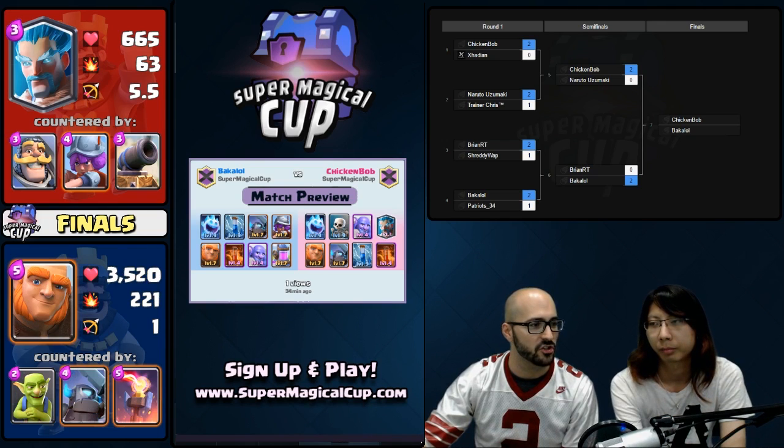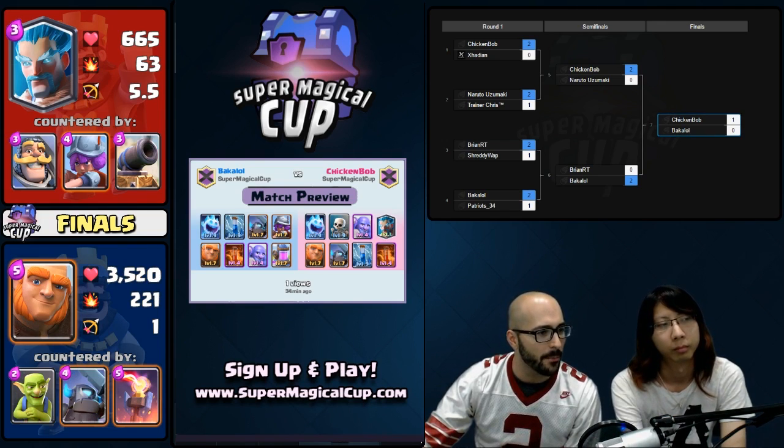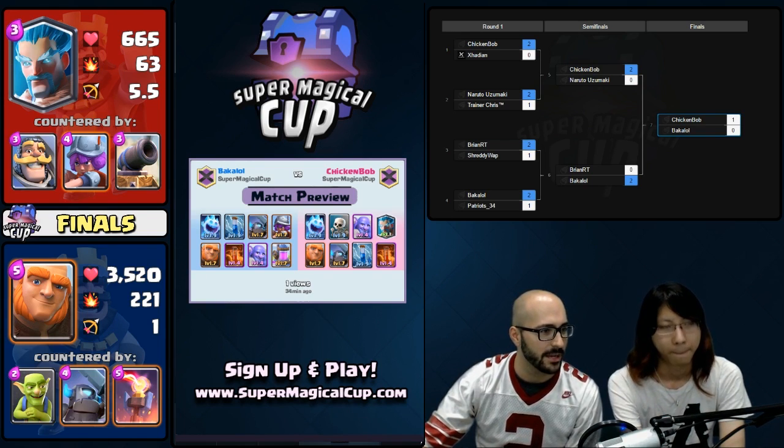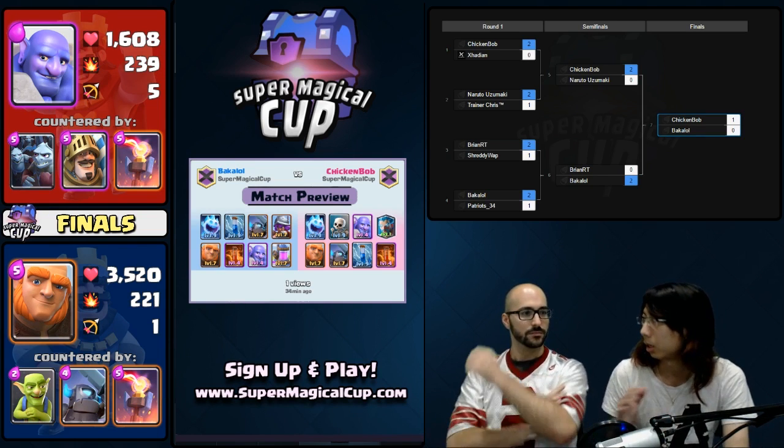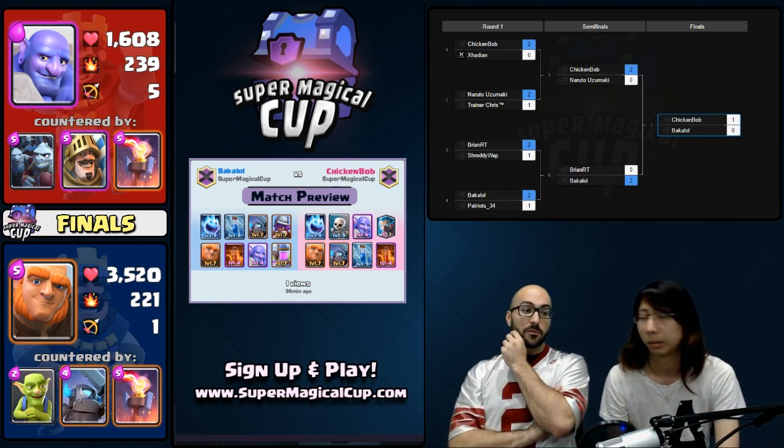He opts to switch over to the giant bowler poison deck. ChickenBob has to switch decks and also chooses to go for the giant bowler poison. So we have a little mirror match here in game 2 of the finals. Bakalol on the back foot is down 1-0. If he loses another one, he has to take 2nd place. That's a very